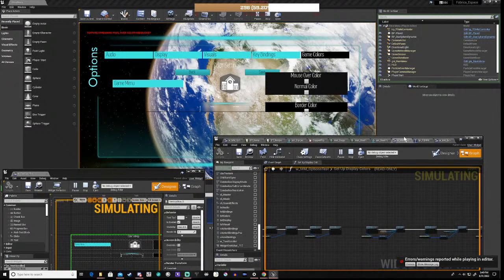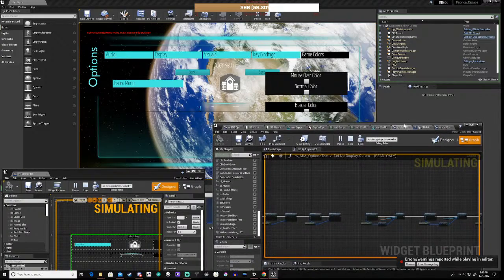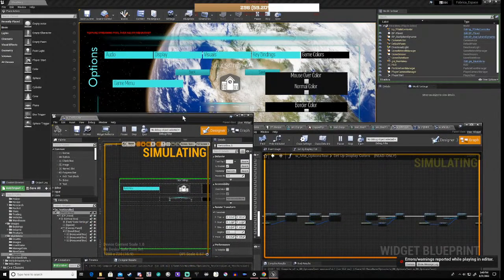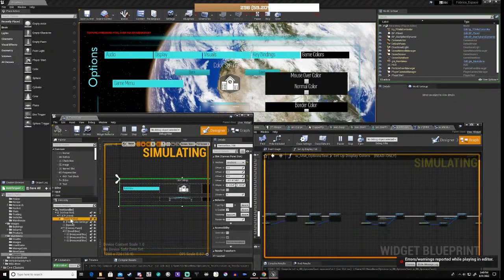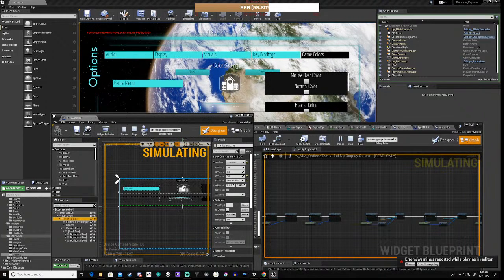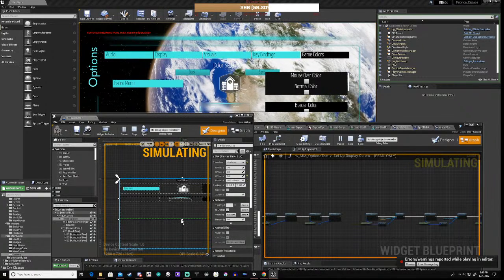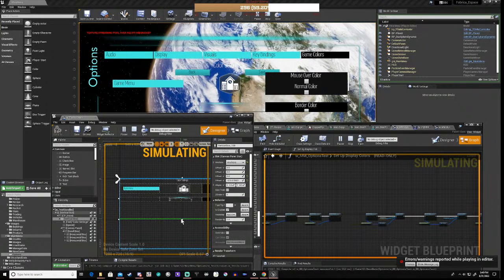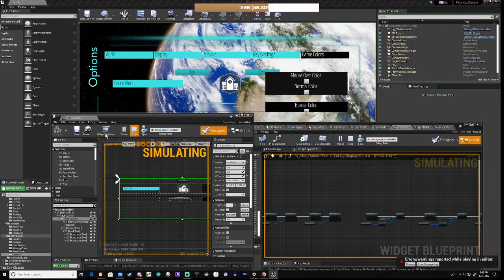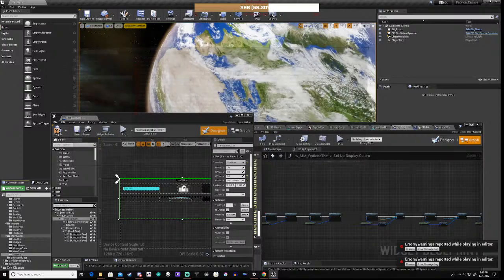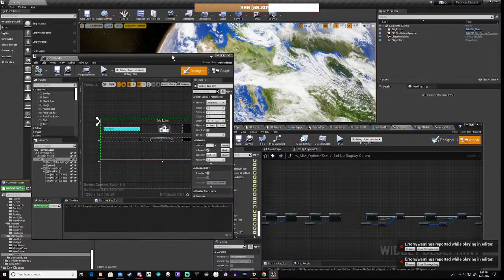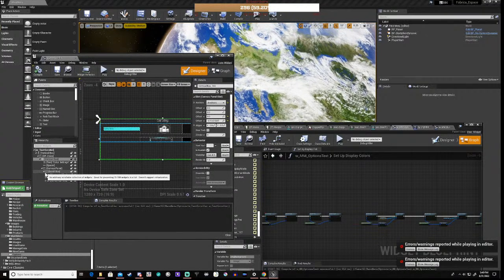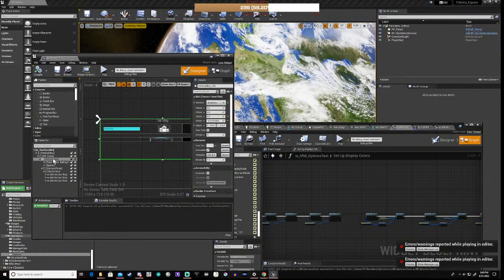It's just that the back, yeah, whatever. Now the interesting thing, the point here